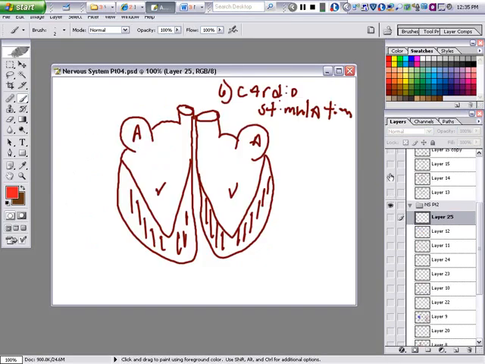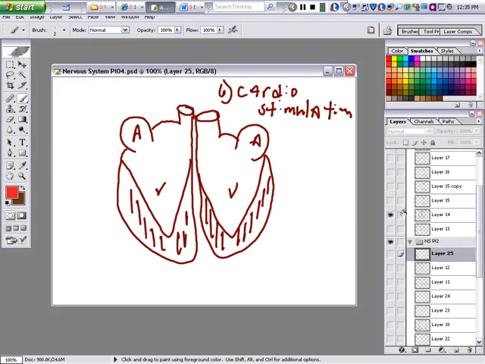I have to make sure this makes sense to you. Okay, here we are. Cardiostimulation. That was the other one. Now,